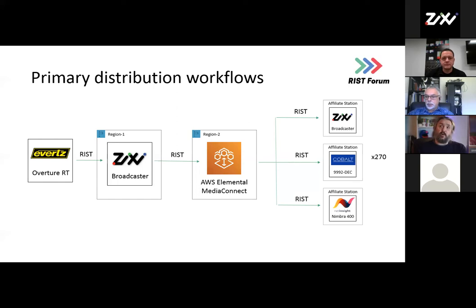And again, not all of those stations are owned by the network. And so the choice of hardware there might be different. And so the interoperability piece here, and we're showing that with different types of receiving devices, is super important as well. Yep. I think another point to make here is that what we're saying is primary distribution workflows, not secondary. If I go back a couple years on the Zixi side, what we saw a few years ago was satellite might have been your primary distribution and IP terrestrial would have been secondary. But where we are today in 2021, it actually is primary distribution workflows using workflows very similar to what's shown here.